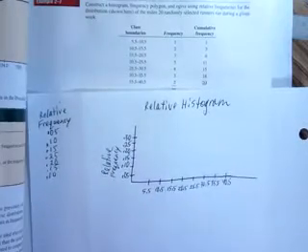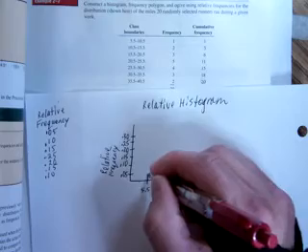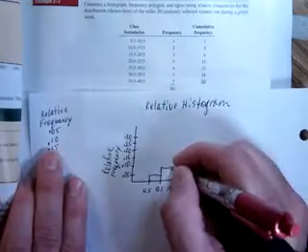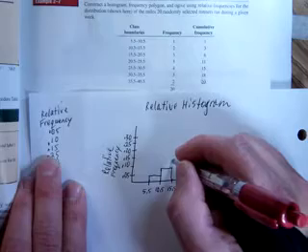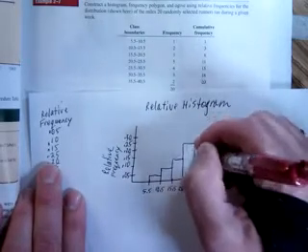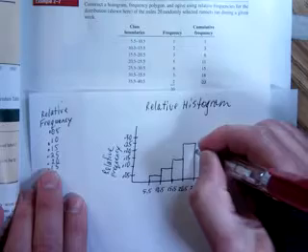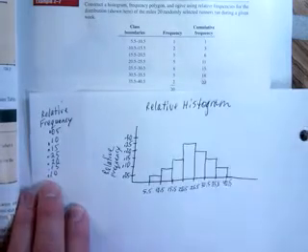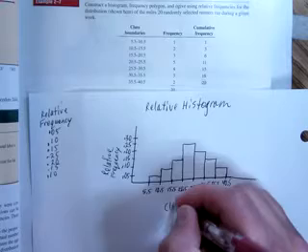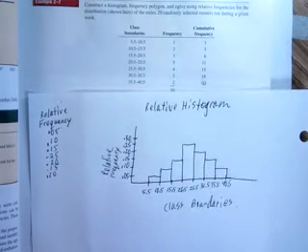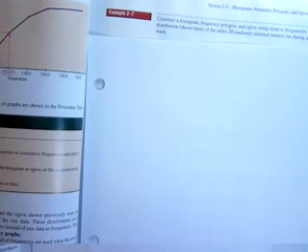First of all, for a relative histogram, you need your vertical axis and you need your horizontal axis. And this is going to be labeled as relative frequency. And we now understand that this is going to be decimals. The largest relative frequency, I believe, is 0.25, so we can go by